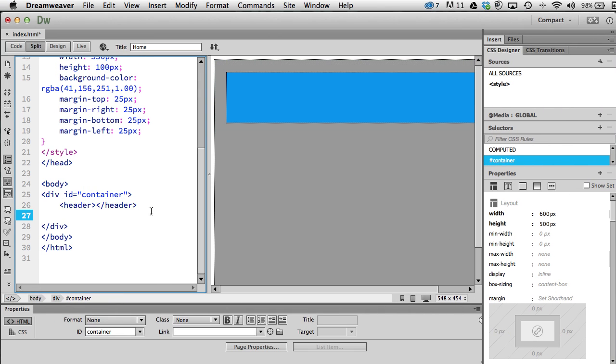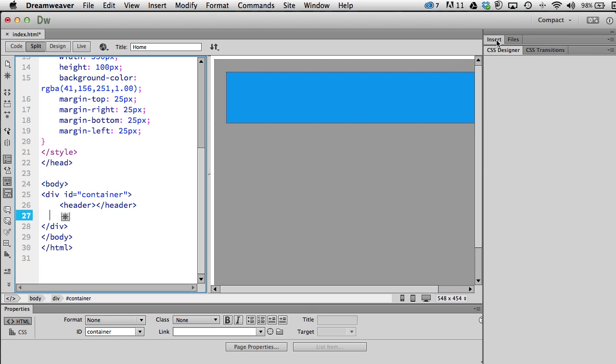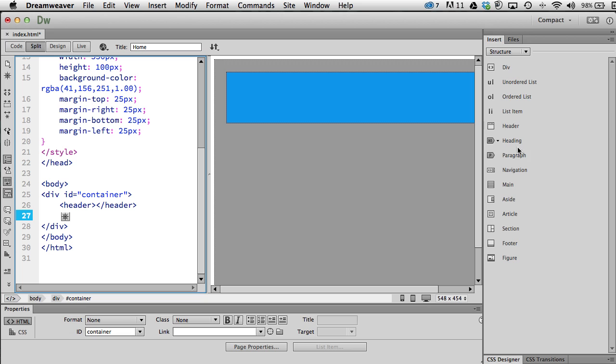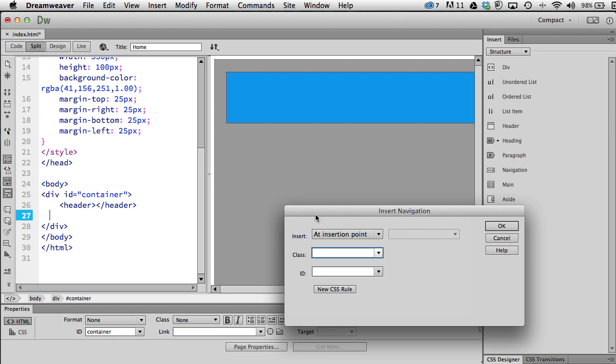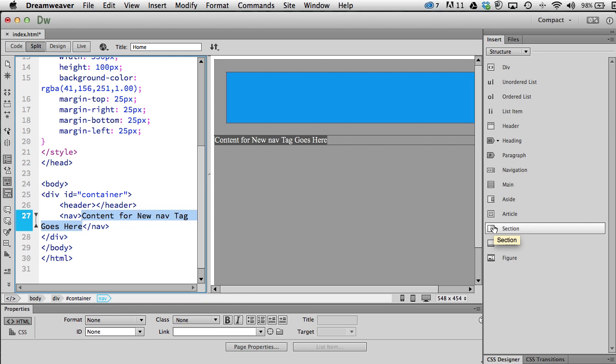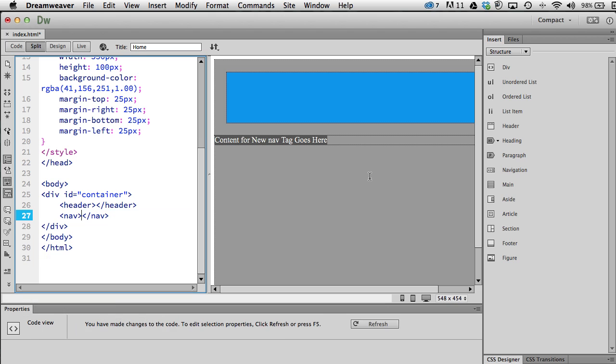So here, after header, I made a new space right here. I'm going to go to the insert panel and I'm going to pick navigation. I don't need to give it a class or an ID, and there it is. I'm going to hit delete to remove the content that it has, and then I'm going to make a rule